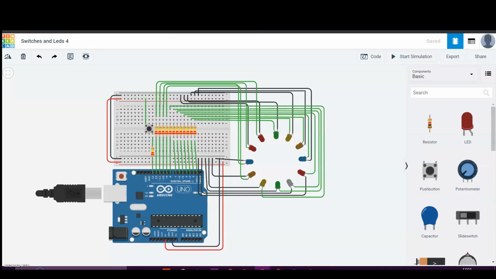So let me show you the circuit. In this, I've used all the digital pins except 0. So the extra digital pin also, I've used 1, and I've arranged all these. I've also used 12 resistors for the LEDs and 1 resistor for the button, and I've given ground to the breadboard to this row and 5 volt to this. So I hope this circuit is clear to you. It's just looking complex, but it's so simple, as you will see, wired like this.